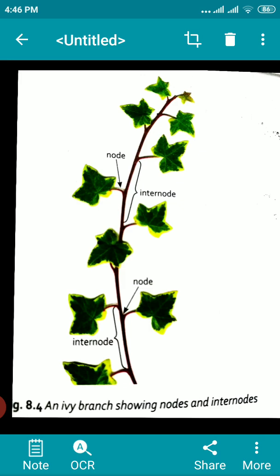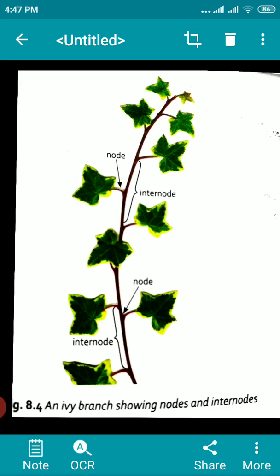Now the next one. You already know that the root absorbs water from the soil. From the root, the stem carries water to all other parts of the plant. Then, after preparing food, it carries the food prepared by the leaves to other parts of the plant, and takes water and minerals from the root to all other parts.